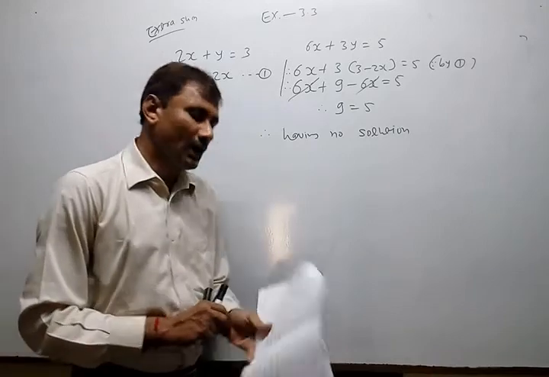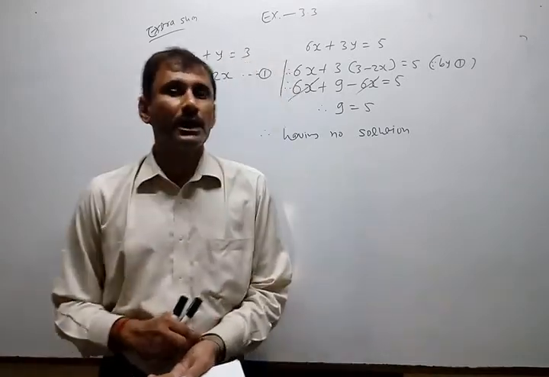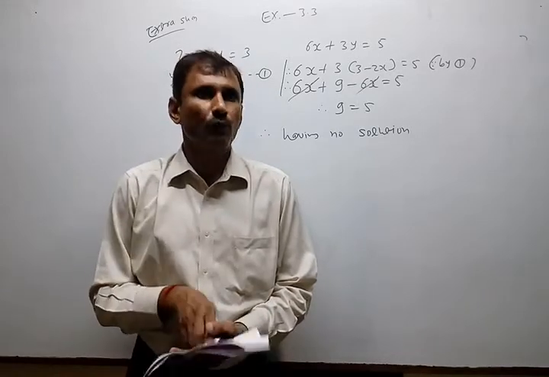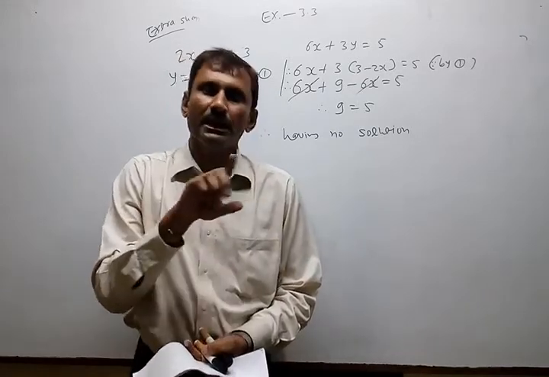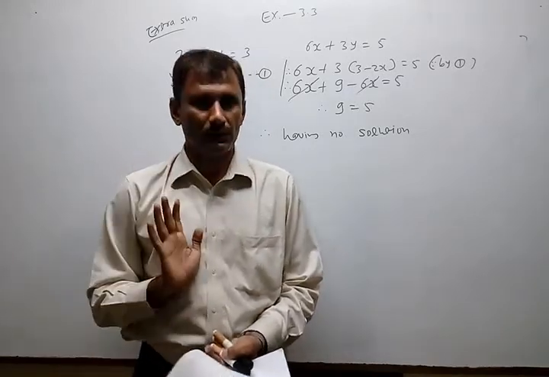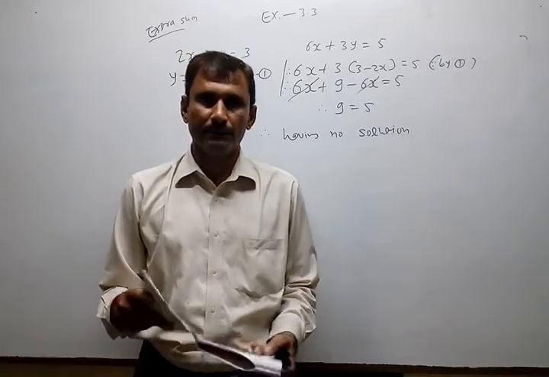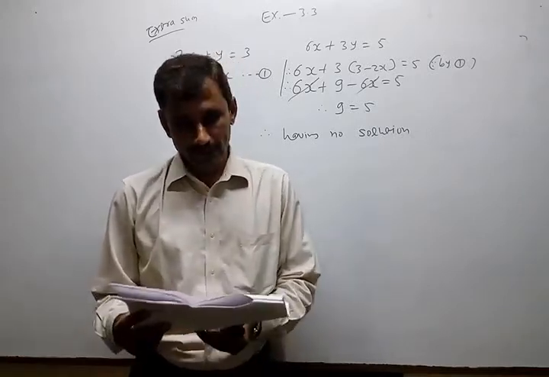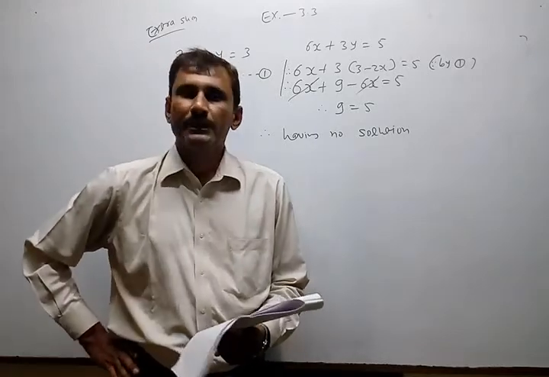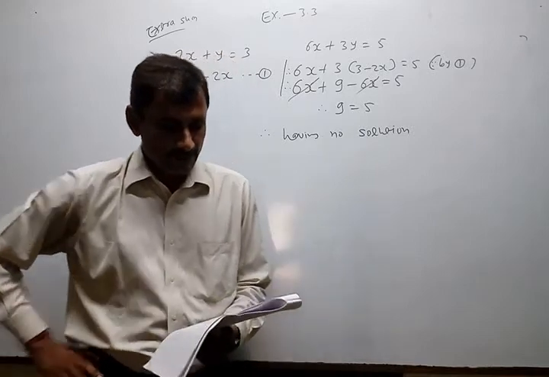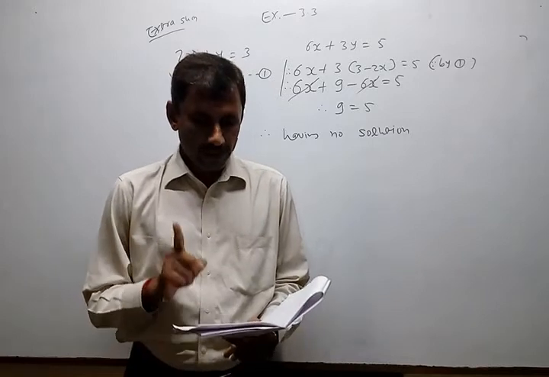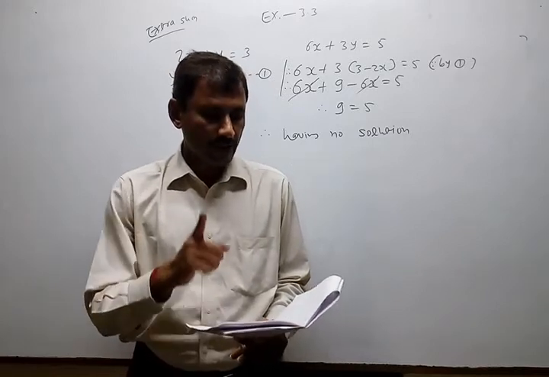Now it does not matter how to solve equations by the substitution method. Now, how to form an equation, just like yesterday's practice and the day before, and after getting the equation, how to solve. So there are word problems. Word problems mean equations are not given. Now the first one is again simple, equations are given: 2x plus 3y equal to 11 and 2x minus 4y equal to minus 24, and hence find the value of m for which y equal to mx plus 3.